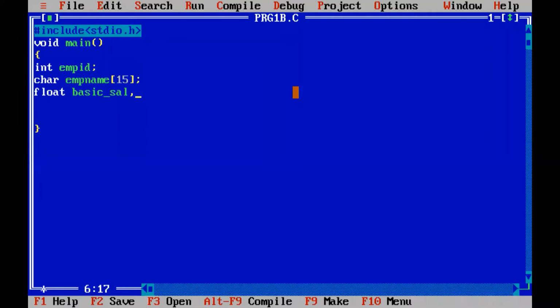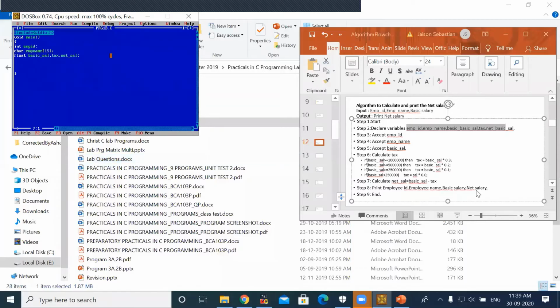The second one is we will be calculating the tax in a variable, right? And then we will be displaying the net salary. So you'll be calculating and displaying the net salary. Is there any other variable which we are using? Employee ID. Okay. And then and there, when we are using it, we can declare it. Okay. Now, what should be the next sentence? We saw that first step is the declaration of the variables for accepting the name and employee ID. That is over. The next step is accept employee ID.